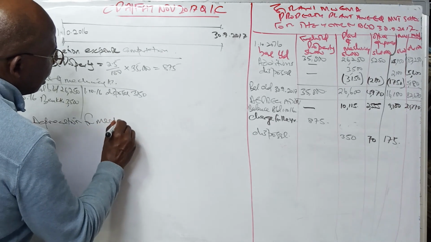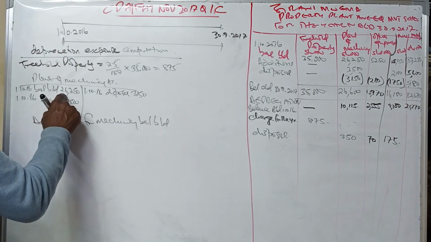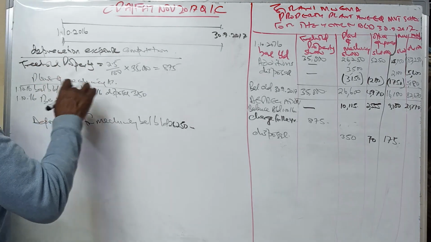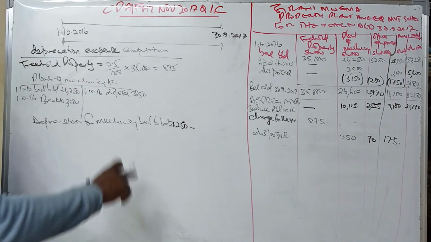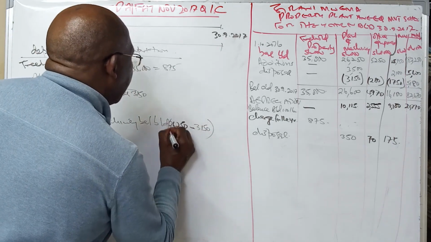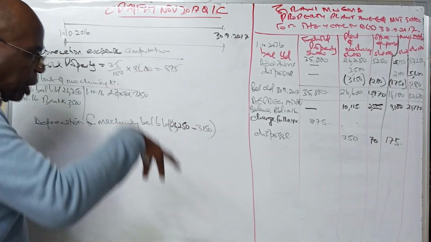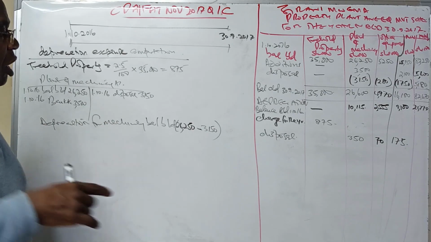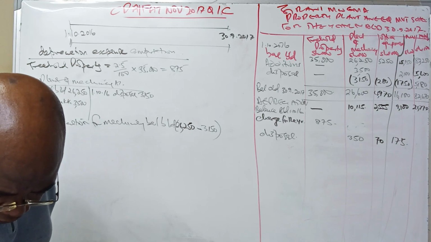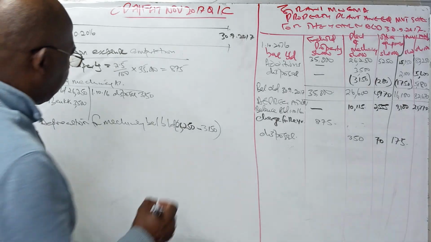for machinery, balance brought down. So we had machinery worth 26,250, but out of those machinery, there are some machineries we sold at the beginning of the year worth 150. So we subtract that 150 because we did not use them in the course of the year. 26,250 minus that 150, we get 23,100,